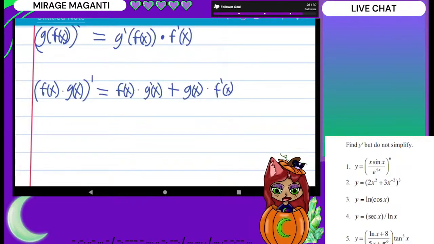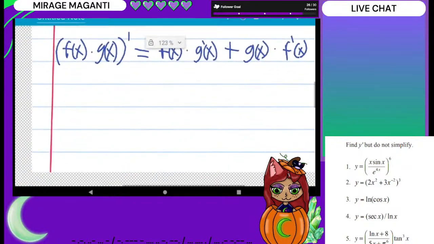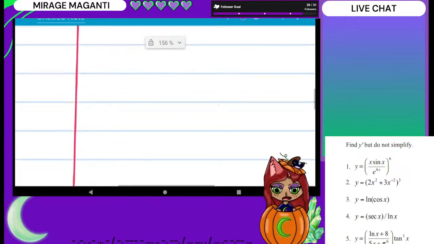So in our example with number 2, if it was 2x to the power of 2 times 3x to the power of -2, then we would have to use this rule. But because it's addition, then we just have to add it. Addition and subtraction, we just add and subtract as normal. Multiplication, division, and all that stuff is where we get a little funky with it, and where we have to do some things. Okay, last major rule is